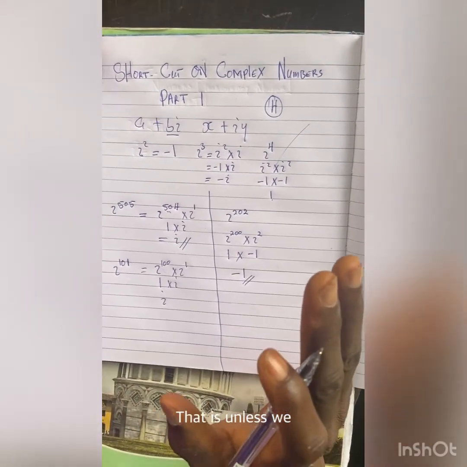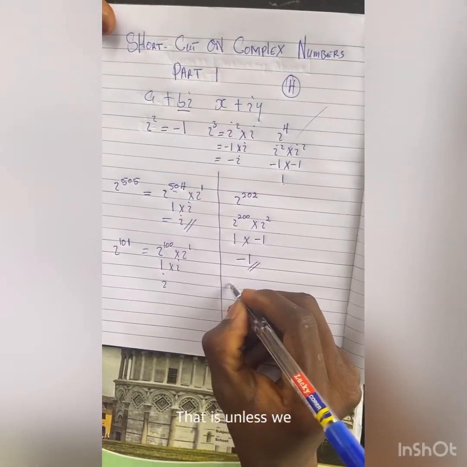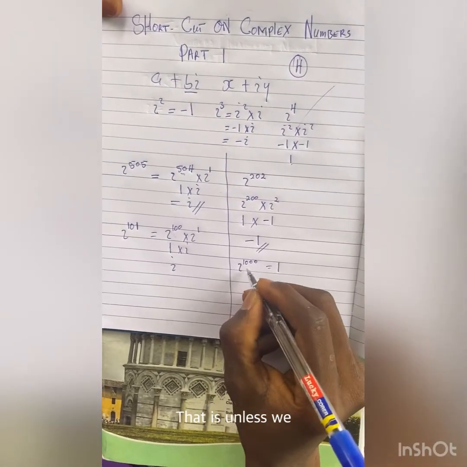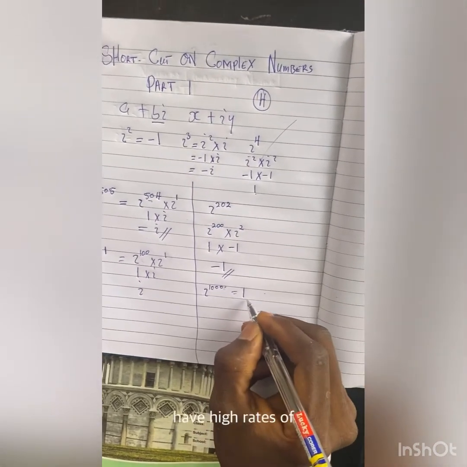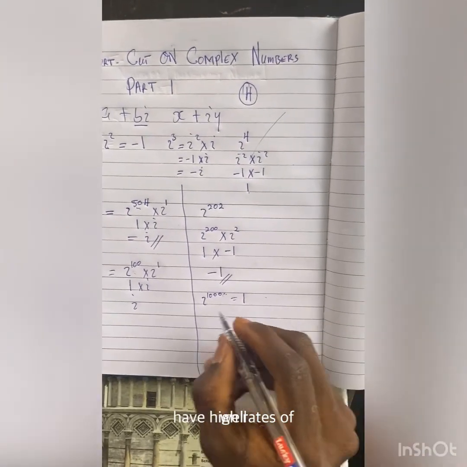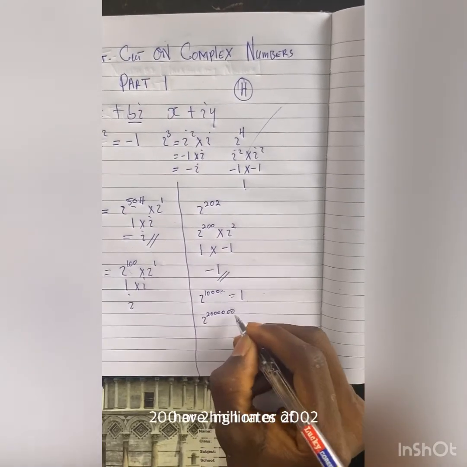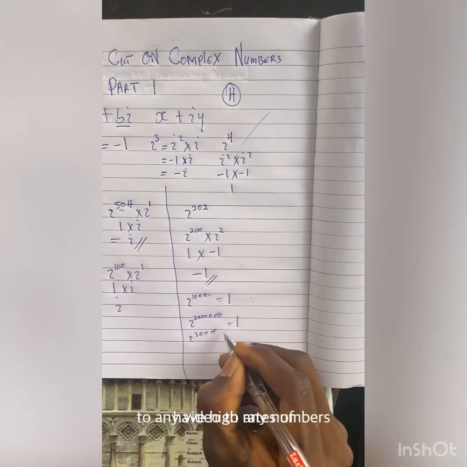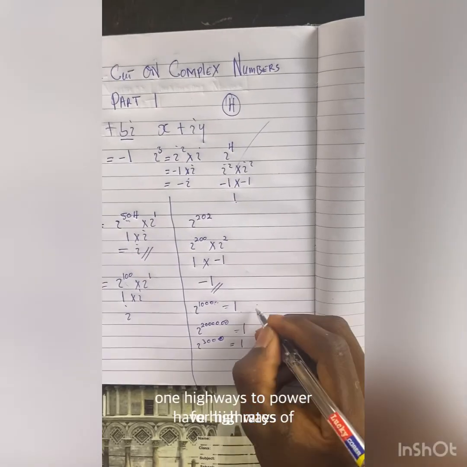So we normally use 4. 4 is a very special number in complex numbers, and you should note that whenever you have i raised to power 100 it is 1, i raised to power 1000 is 1, and if you add another 0 to this, the answer will be 1. If you add 1,000,000 zeros to this, the answer will be 1 as well. If you have i raised to power 200 or 2 million or 2000 with any zeros, this will be 1. If you have i raised to power 3000 with any number of zeros, the answer will be 1. i raised to power 4